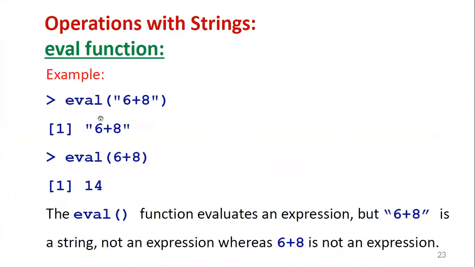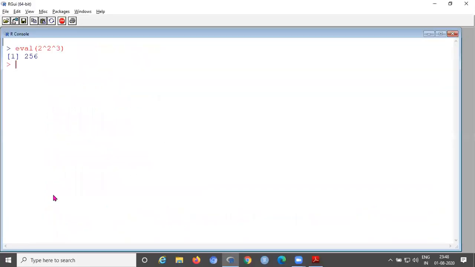Then another example. Within that evaluate function, if we give a string, it displays the same. So only numerical expressions will be evaluated. Now, the same you can take within double quotes, it displays the same only. Whatever you take within double quotes, it displays as a string. Then if we remove the quotes, it evaluates 9 plus 6, which is 15.